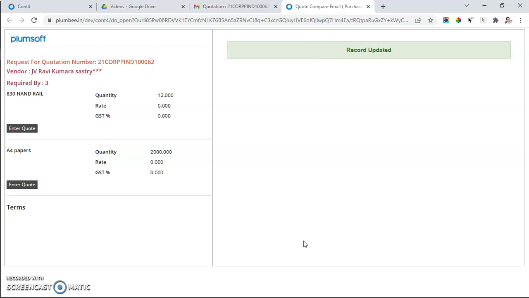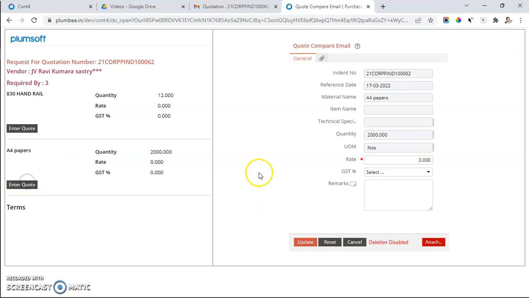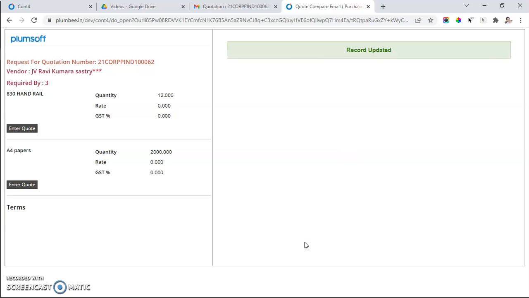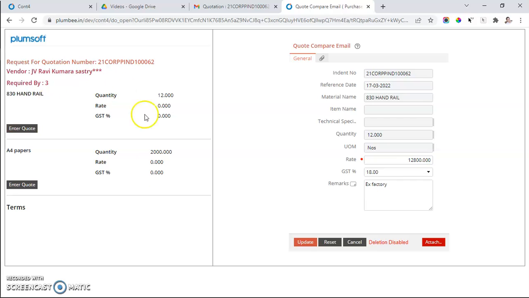I have updated this particular quote. That means I have given my quote without logging into my ERP. The vendor has this also. I'm submitting. These are the A4 papers. I feel 8 rupees per piece with 18% GST. I'm saying minimum 5,000 sheets are required. So I have submitted the quote. This I can submit till it is confirmed by the